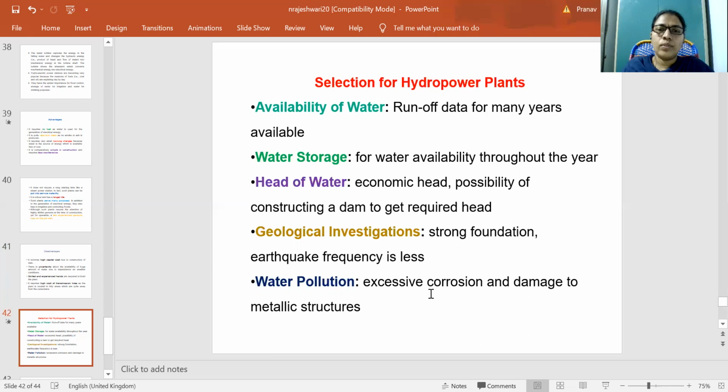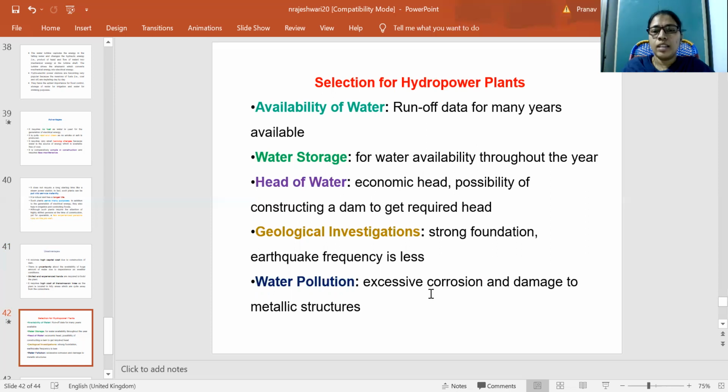Water availability throughout the year is dependent on this water storage, so we will store some of the water for throughout the year. This is one of the factors. And head of water: economic head, and the possibility of constructing a dam to get the required head. So we have to maintain the head of the water for this